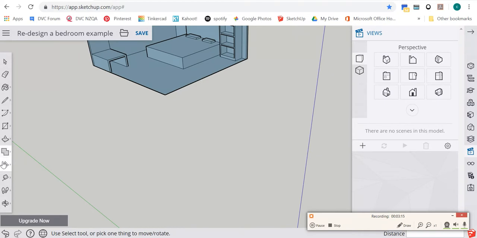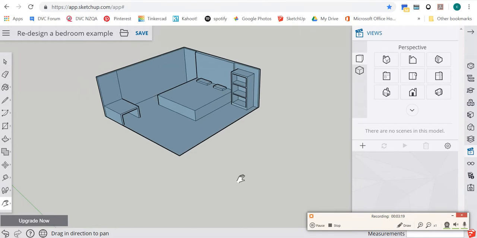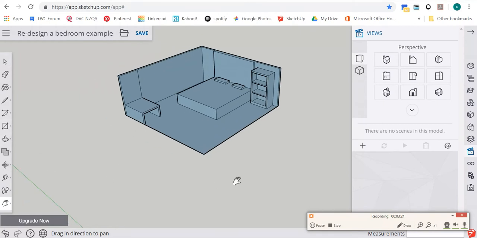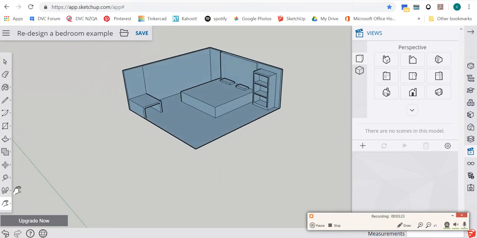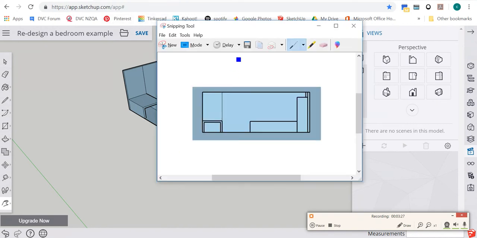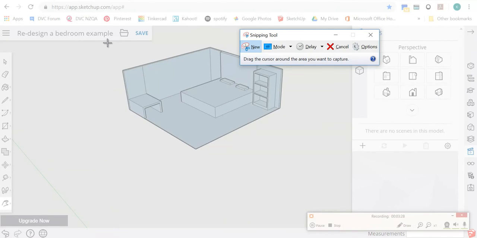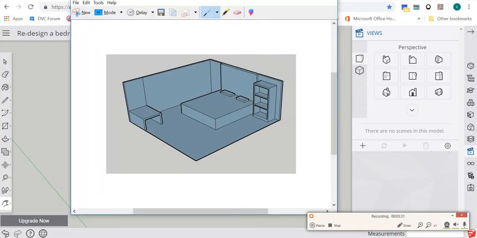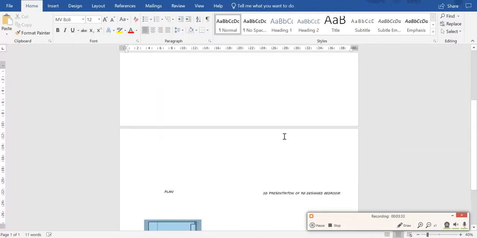I'll just see if I can, where's my hand, there we go. Right, so I'm going to put that view there into my design, looking for the snip tool. There it is there, and take a shot of that and bring it in. Okay,